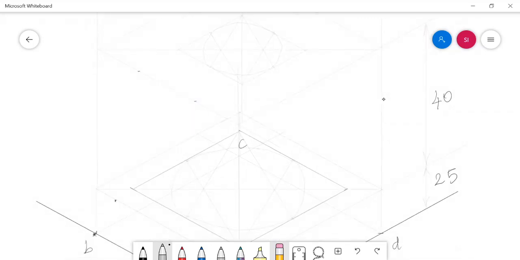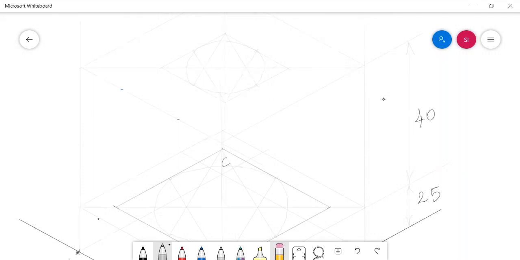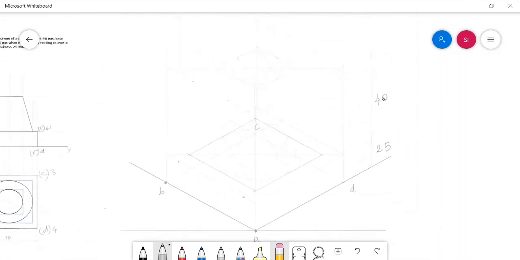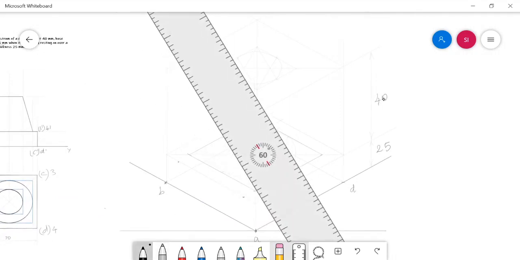Now I completed the top and the bottom base of our cone. Let me connect the extreme generators with an HB pencil.